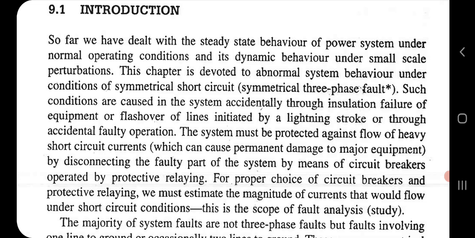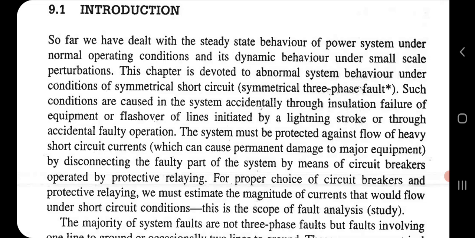When it is in normal operating condition, there is no interruption, no fault, nothing. Every equipment is working fine. But if any abnormality or fault occurs, then there will be a problem. This is the abnormal or faulty condition. If any fault occurs at any part of the system, or within the machines, then the behavior of the power system changes. Why does it happen? There are many types of fault: line to line fault, line to ground fault. These faults are divided into symmetrical faults and asymmetrical faults.